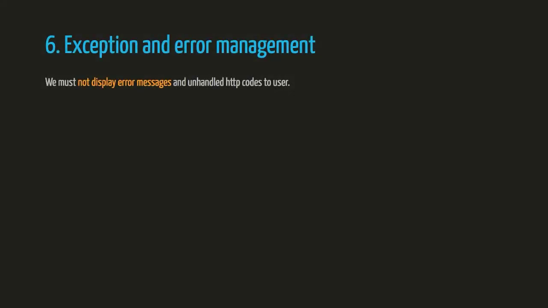Another important OWASP point is exception and error management. We must not display error messages and unhandled HTTP codes to the user, thus revealing details of the structure of our application and code, or leading to denial of service attacks. Any unhandled exception must therefore be shown with an ad hoc page or message,